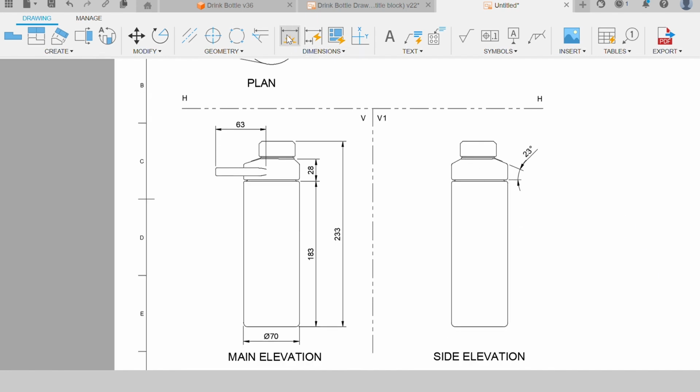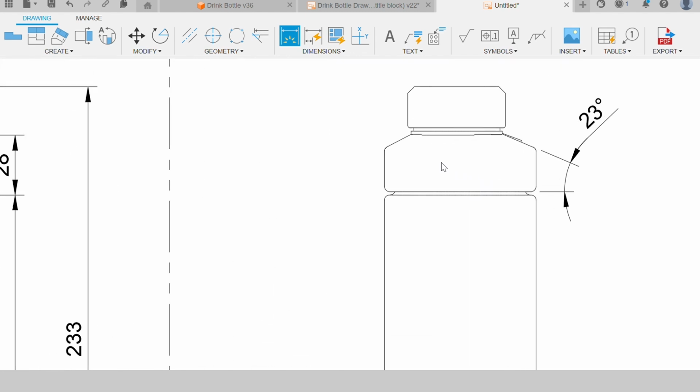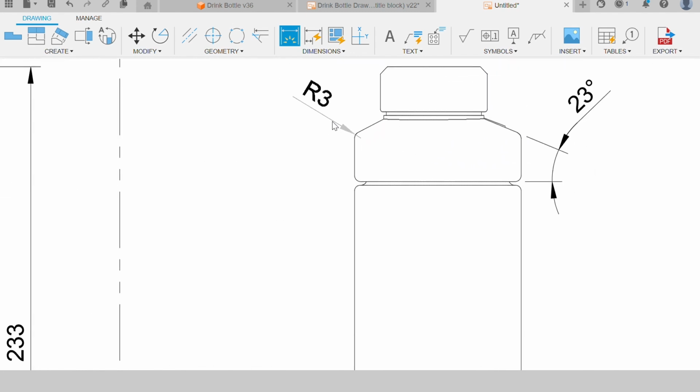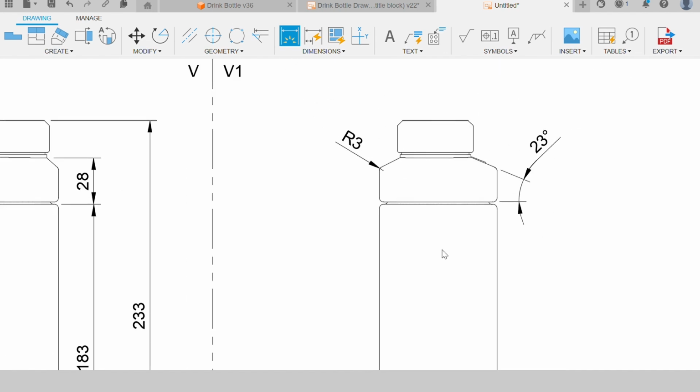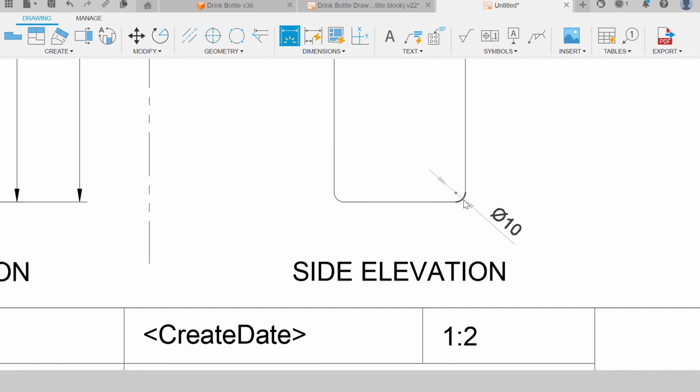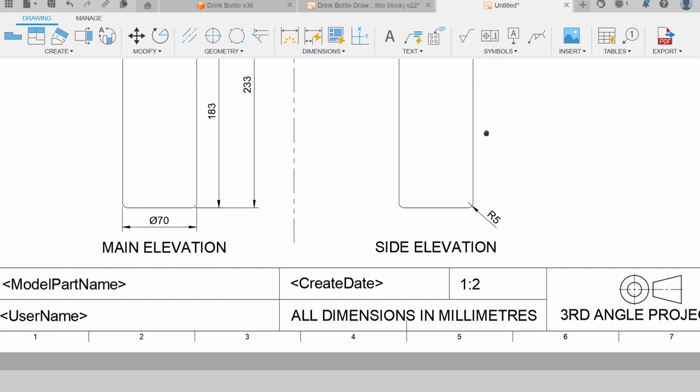I'll do the same over here. Click the two. Oh, no, I'm going to do a radius actually. So a radius is just showing the curve. If you've filleted an edge, you can just use a radius. Sometimes it automatically comes up as a diameter, so what we can do is delete that one, go into dimensions and select the radius tool. And then it allows us to click on radius, which is quite handy. And then it automatically pops the R in for us, which says radius, and so radius of 3 and a